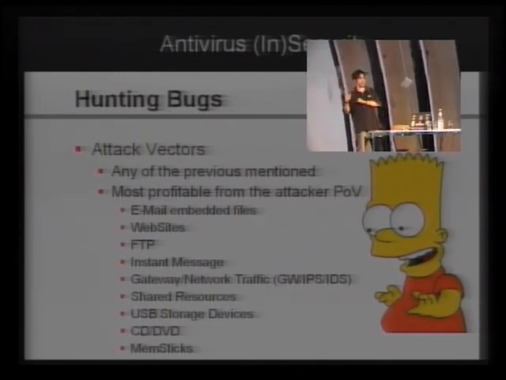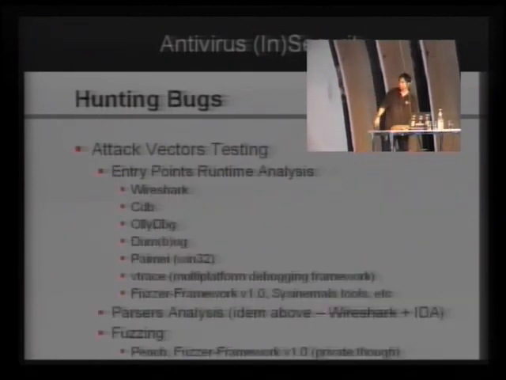Basically, if you're in a network and you just send a packet, and that packet gets analyzed by an IPS and IDS, and you're using one of these vendor vulnerabilities in the antivirus engine, then boom, you get those too. With shared resources, if you have different machines doing file sharing, you have exactly the same thing. USB storage and all the other stuff. So we are going to speed up here.